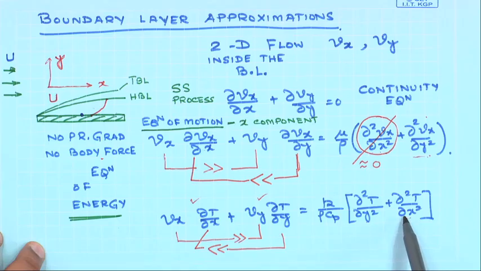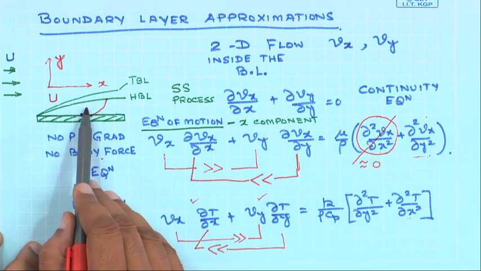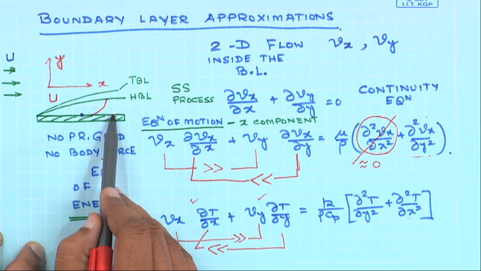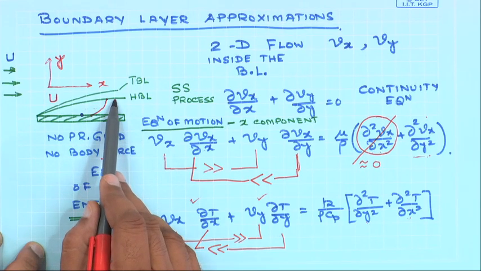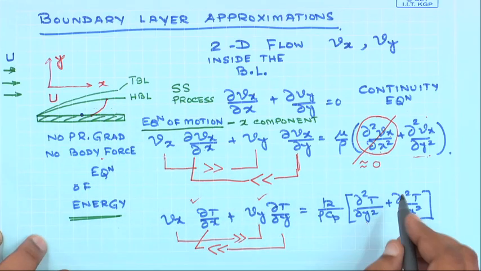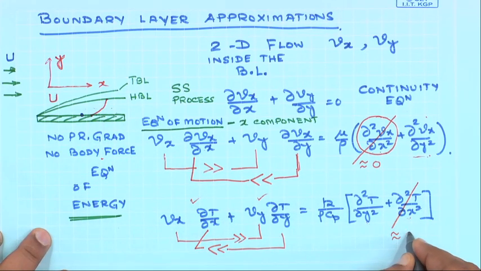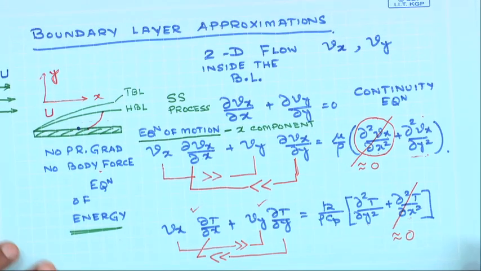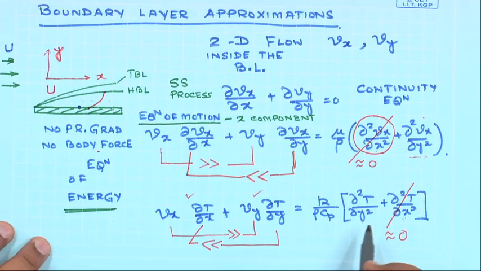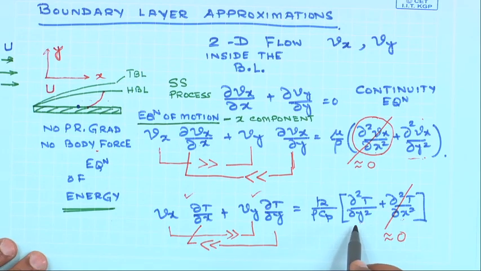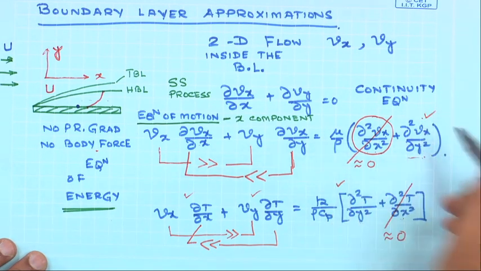The conduction depends on temperature gradient. Now since the temperature changes less in the x direction as compared to the large change in the y direction, the contribution of this would be small and it can be equated to 0. So therefore the only term which will remain on the left hand side would be this, and therefore you can